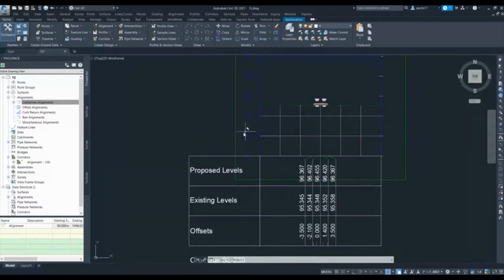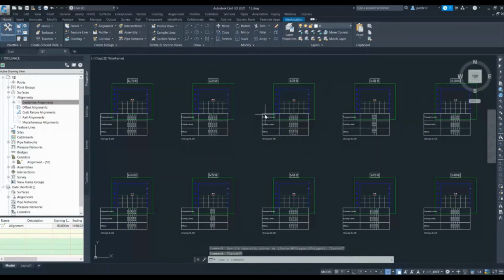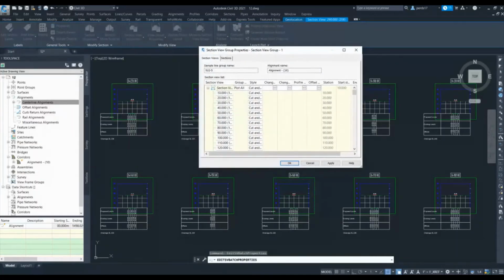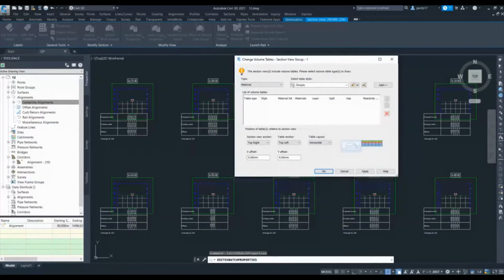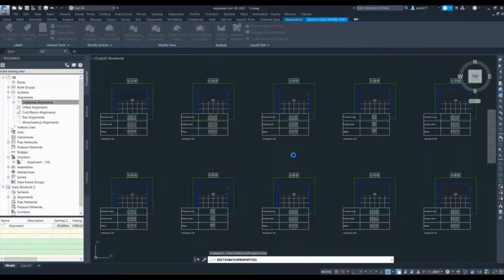Now the next thing is, I want to see the quantity of this cut fill volume. So how can I do that? I will go to the sample line, section view properties, and in this menu I will select the second option, that is change volume, and in this I will select total volume and simply add the table in my cross section. You can change the offset and everything if you want, and just click OK, and just click OK again. So now you will have quantities at